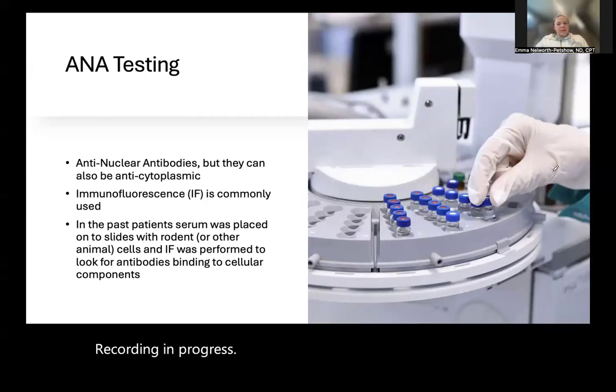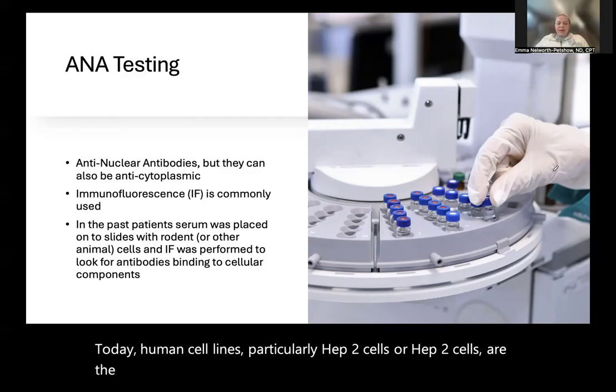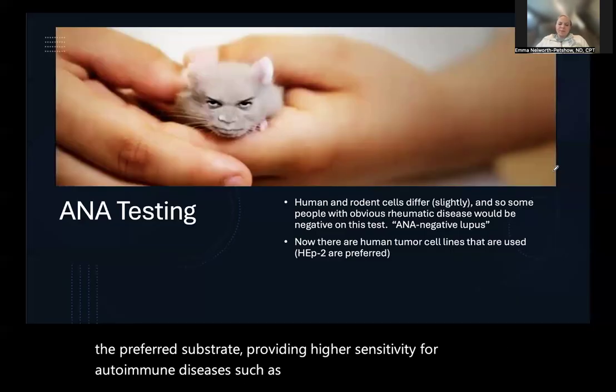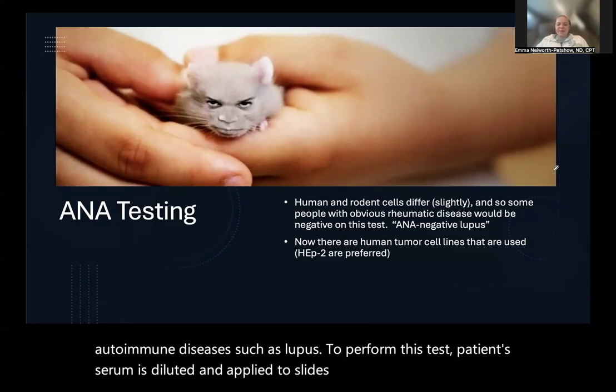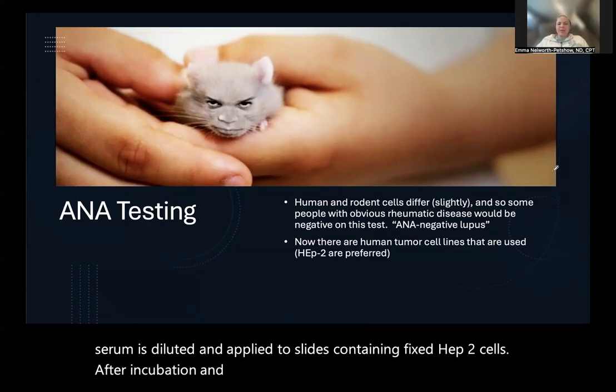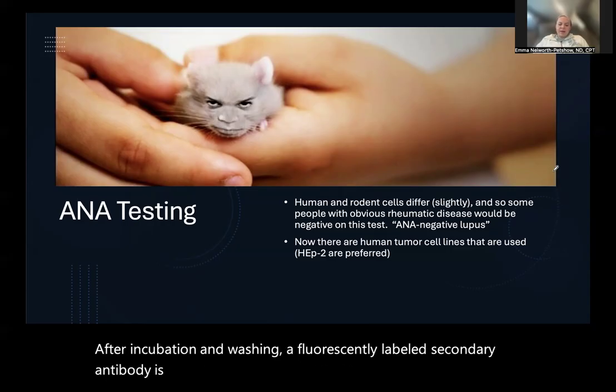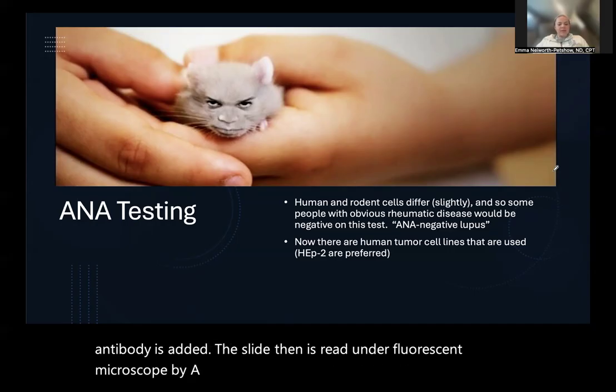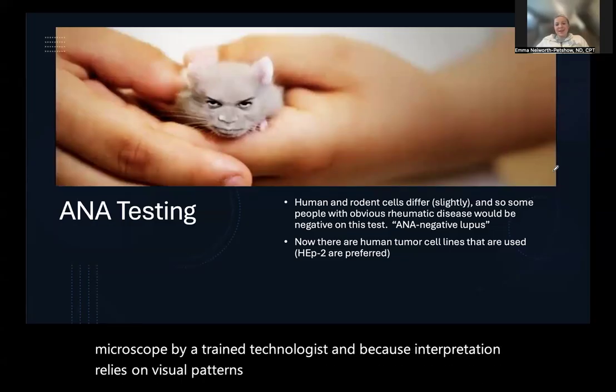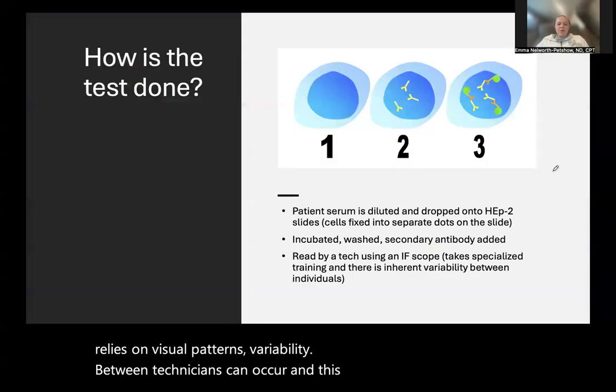Today, human cell lines, particularly HEp-2 cells, are the preferred substrate, providing higher sensitivity for autoimmune diseases such as lupus. To perform this test, the patient's serum is diluted and applied to slides containing fixed HEp-2 cells. After incubation and washing, a fluorescently labeled secondary antibody is added. The slide then is read under a fluorescent microscope by a trained technologist. And because interpretation relies on visual patterns, variability between technicians can occur, and this makes lab quality control really essential